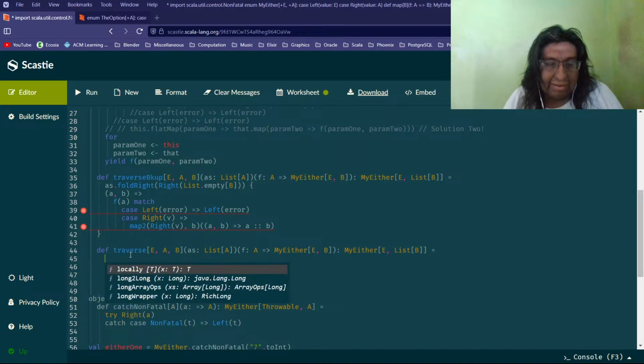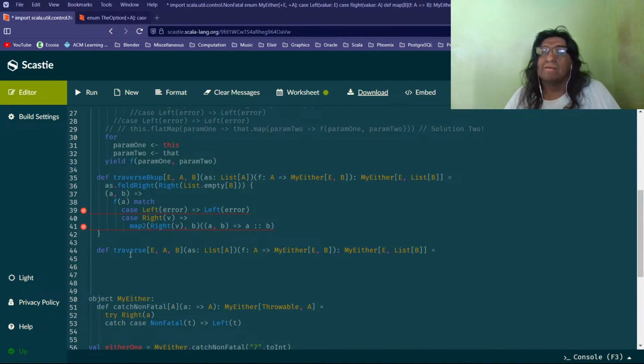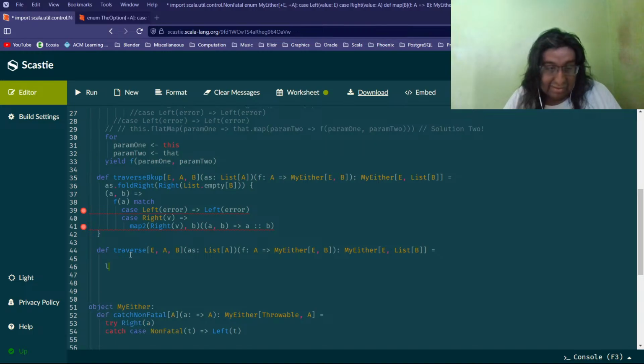Okay, let's start with the application of the function that we are trying to define. Loop. We need to send